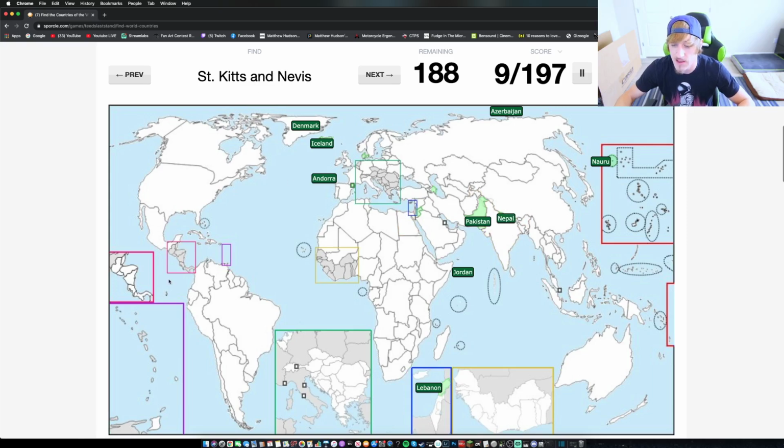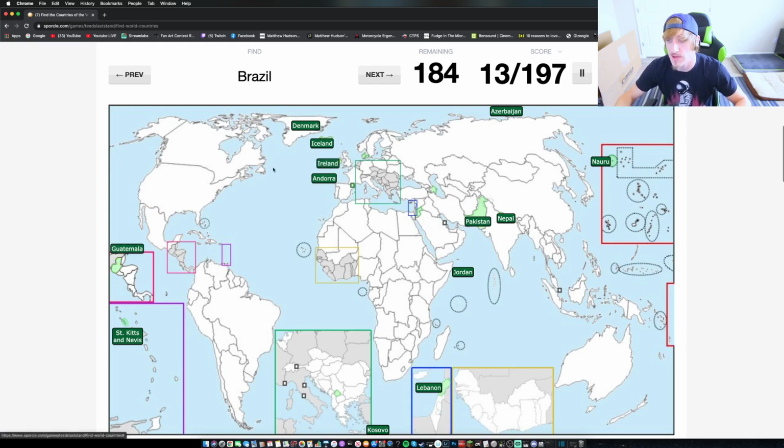St. Kitts and Nevis, that is over here in this little purple section of islands above South America. They're actually considered North America, though. Kosovo is in Europe, right there above North Macedonia. Guatemala is over here. It's the first kind of country in Central America. Ireland, right next to the UK. Brazil, biggest country in South America. Taiwan, over here off the coast of China. Paraguay is the central landlocked country right here in South America.